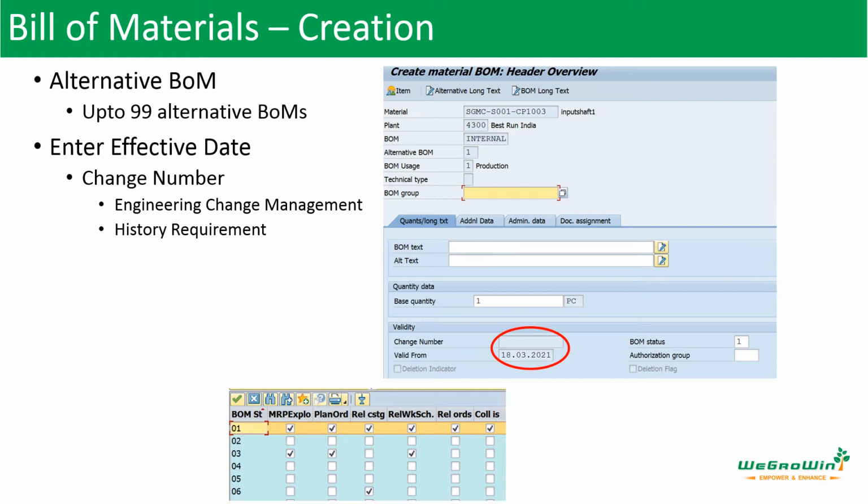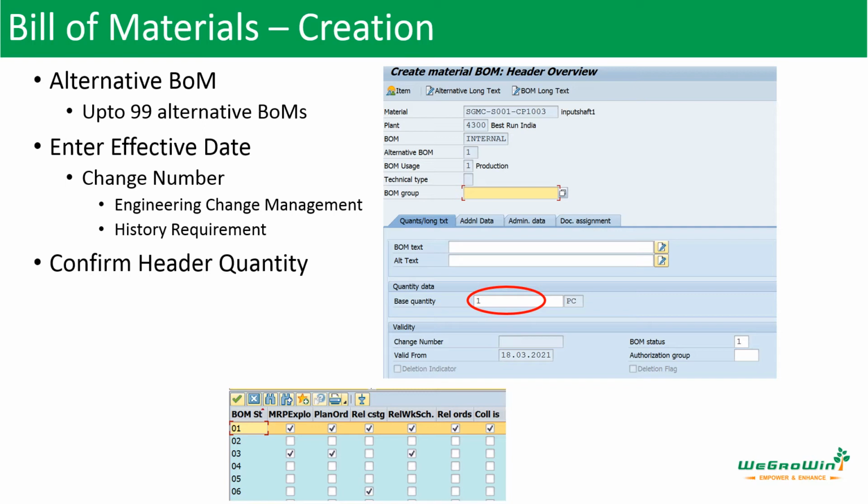To understand engineering change management, that is a different topic we need to discuss, but now we will proceed with the further discussions. Then here we confirm the header quantity, because sometimes we may create the bill of material to produce one quantity of the product. Sometimes the bill of material needs to be created to produce 100 pieces or 100 kgs, 1000 liters, right? So the header unit of measurement, the quantity for which we are creating the bill of material, has to be carefully considered here.